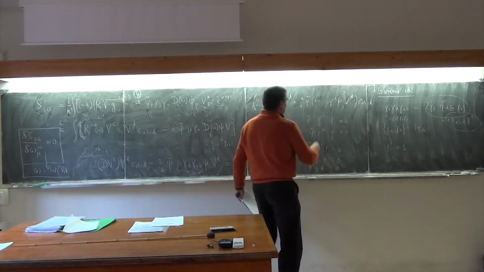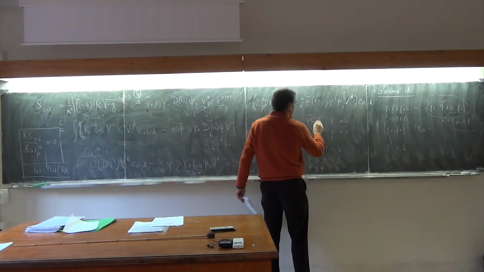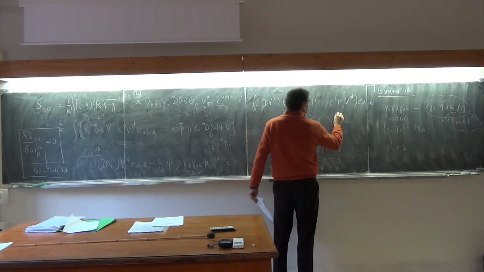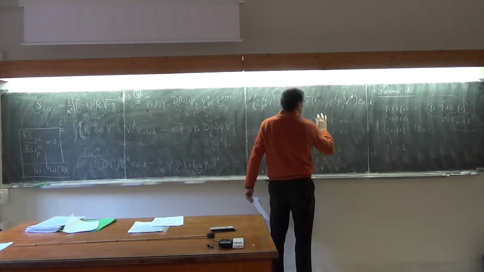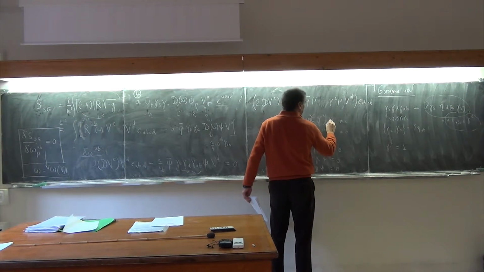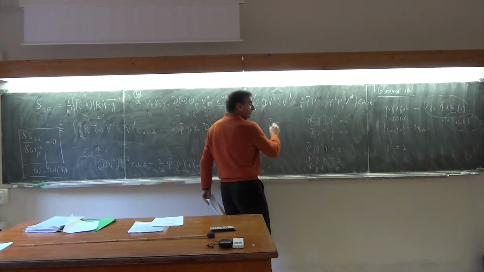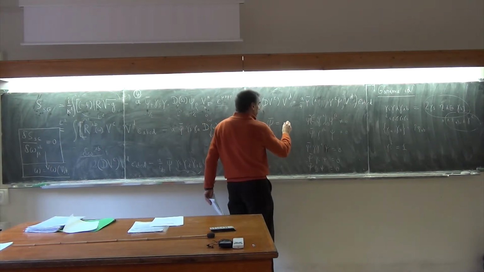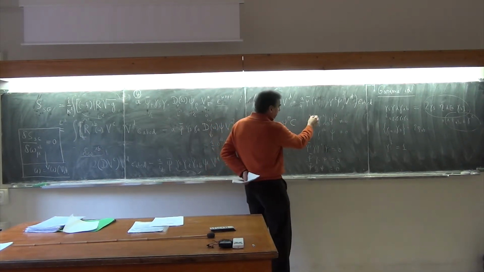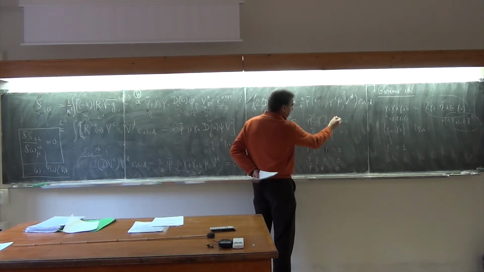Why? Because you see, this you can rewrite in this way: C alpha beta, the charge conjugation matrix, psi beta. Well, then here you have, I can write it like this, charge conjugation matrix times gamma A alpha beta, psi beta, right? Writing explicitly the spinor indices and reminding that psi bar, if it is a Majorana spinor, is by definition of Majorana spinor equal to psi transpose charge conjugation matrix. So psi transpose charge conjugation matrix times the gamma A, then these are the contractions, and here you have psi